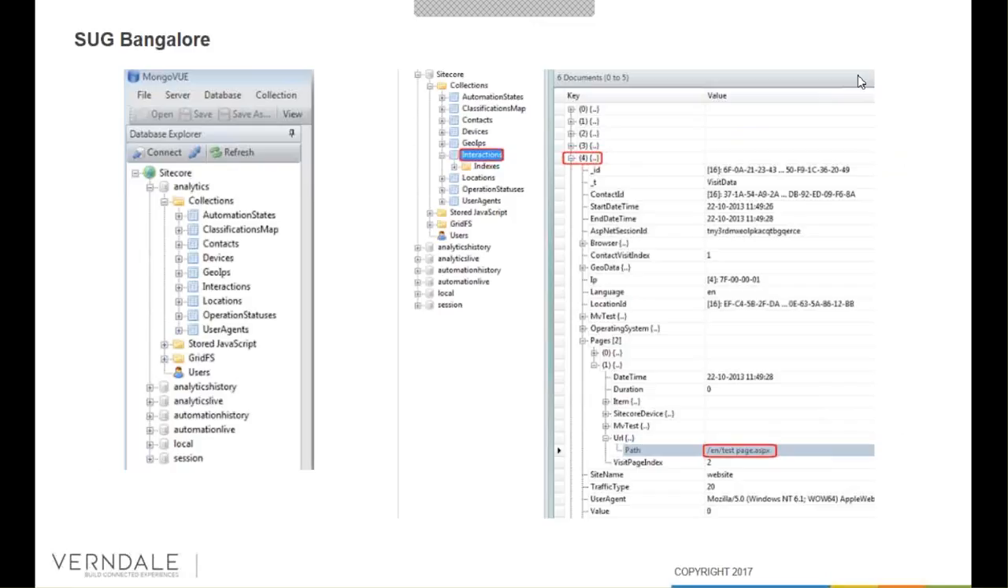Like if you want to check which user and which page he is visiting, what is the start time, what time he ended, what time he came to the system, what time he left, for which user we want to check, right? So we have this contact ID as well. We want to check based on language, based on location. So everything related to user